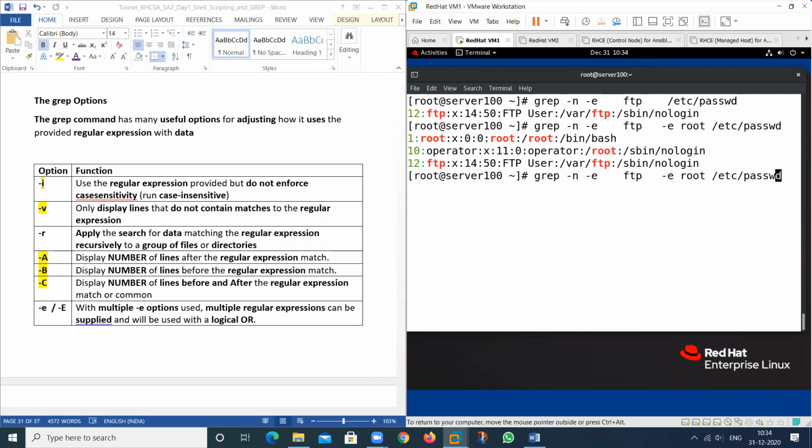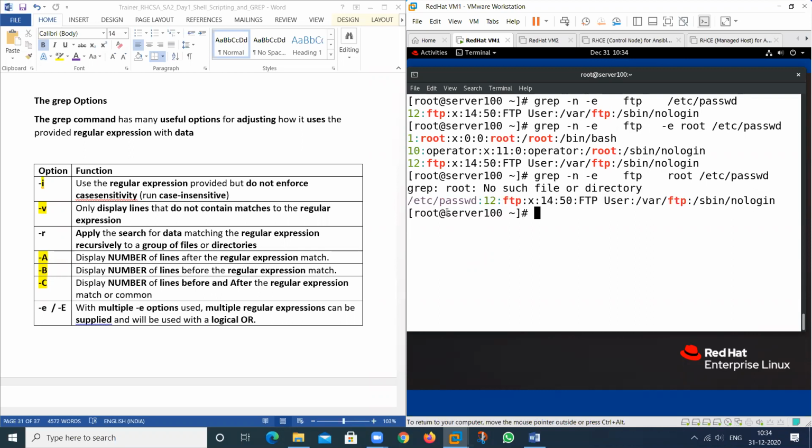If I am not using this multiple times, then what will happen? See, it will print only one value. So this is the default behavior of this particular command. By default, the behavior of this command is to search only one value, not multiple values.